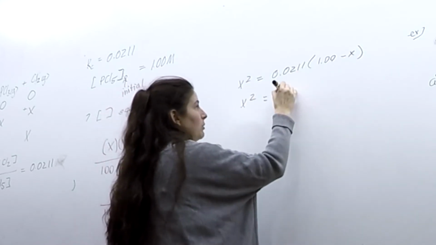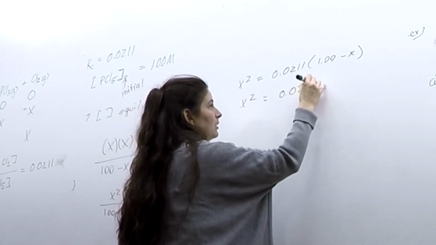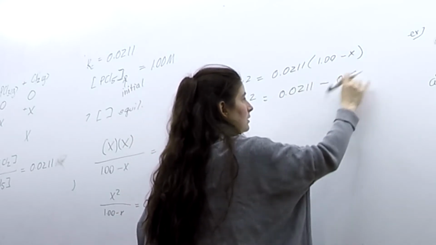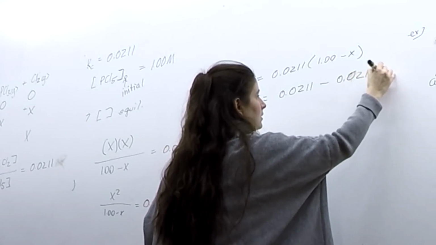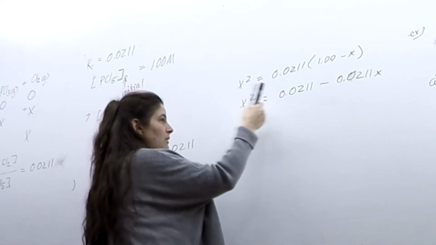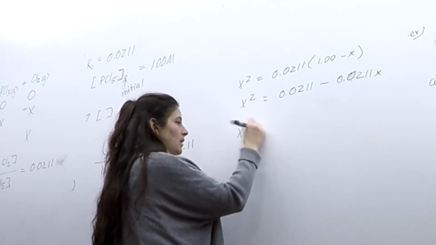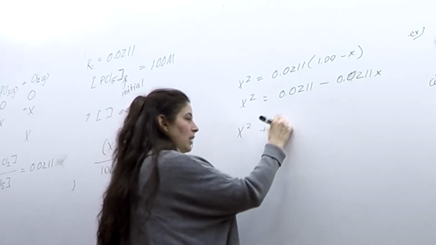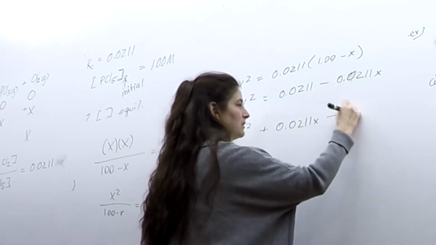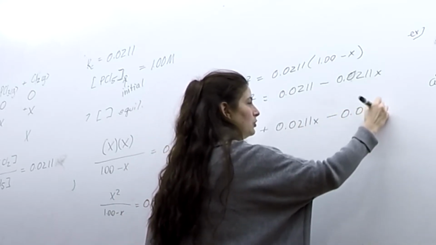Distribute that out, right? Rearrange so that they're all on one side. We get x squared plus 0.0211x minus 0.0211